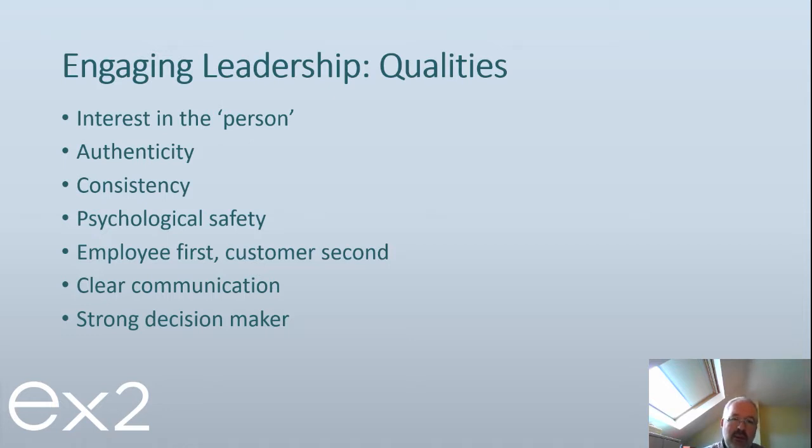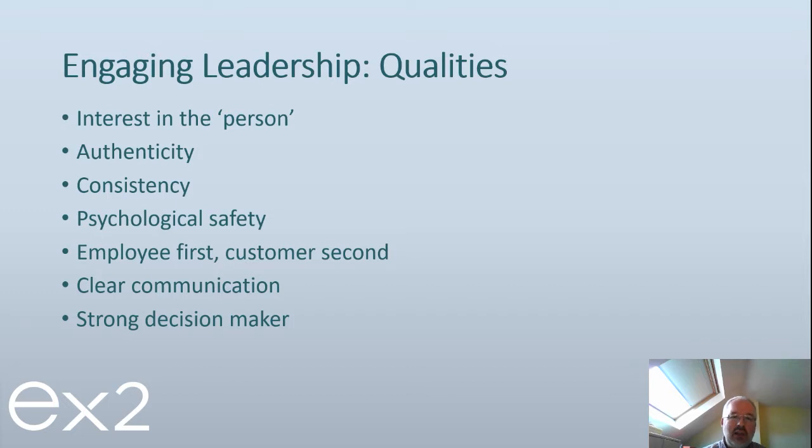One key way of doing this is to put your employee first and your customer second. And for a lot of organisations that might sound like madness. Customer comes first. Who do you want dealing with your customers? Is it an employee that you have looked after and who recognises that you have looked after him or her, that you've got their back, and you've developed them and given them the skills and the support that they need to do a great job? They will put your customer first because they will repay you for everything that you do for them. And that's why we say employee first, customer second.